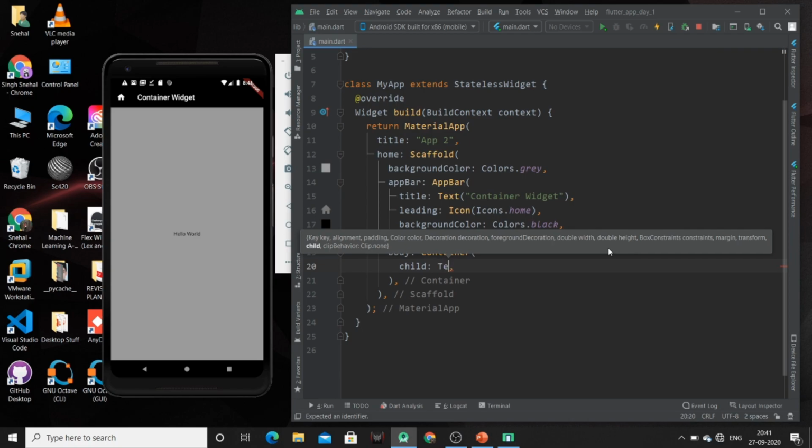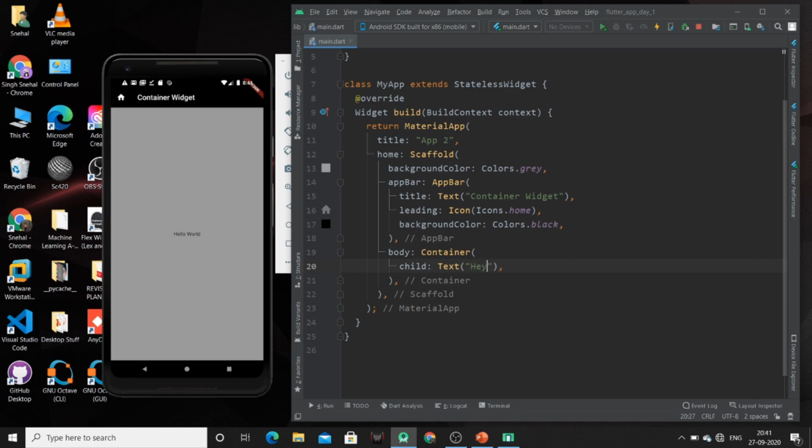So I am just going to use one text widget, inside that I am writing one text as hey coders. Now just hit Ctrl S. So here is the text which we have specified in our container widget.